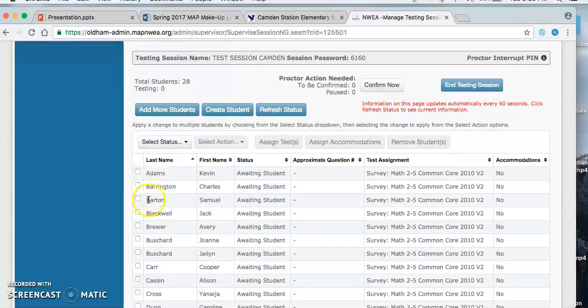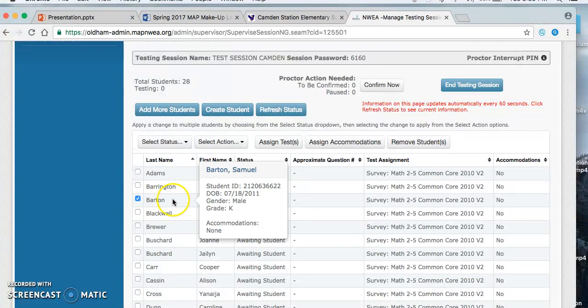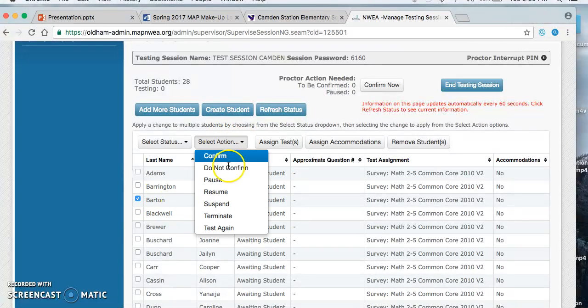So what you'll need to do, let's say that Samuel Barton needed to use the restroom. I click on his name, so I've selected only Samuel Barton, and then I can come here and I can pause his test. On his screen, it will then tell him his test has been paused. He can say okay. This will ensure that it stops on the exact question that the student was on, and then when they return, it will give them a new question so that they can't have any think time to